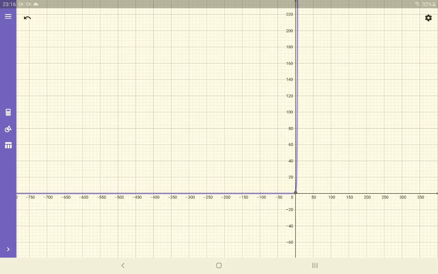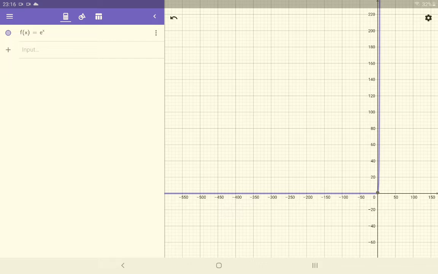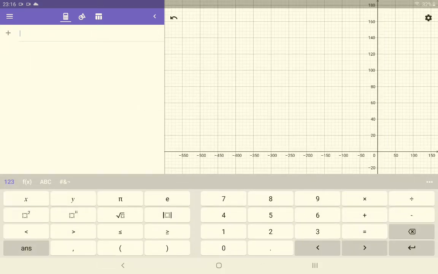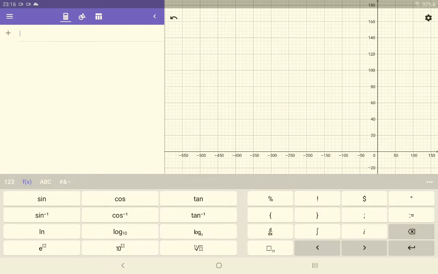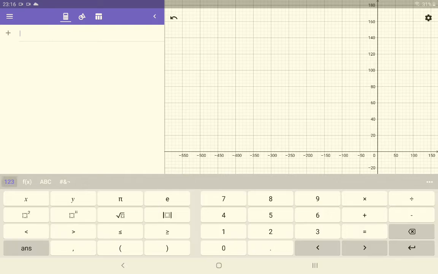Now see, I told you there are two different types of exponential functions. The other exponential function you have to write as a raised to x. So let us check with a raised to x. If I have any kind of exponential function, suppose I have 3 raised to x. Okay, let us check with 2 raised to x or 2 raised to minus x. 2 raised to x.